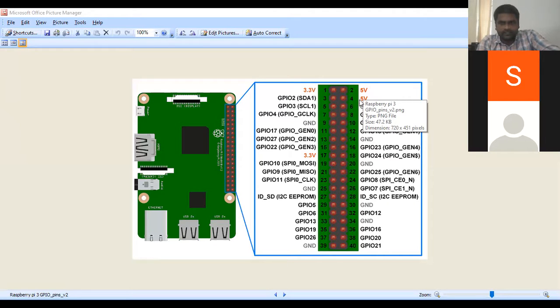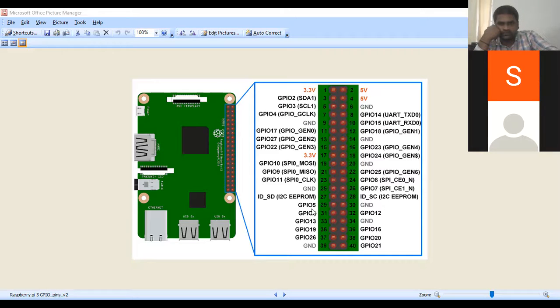Okay, and pin 3 consisting of GPIO2, GPIO3. So we have GPIO general pins. Whatever the general pins we have, 12, 16, 18, 22, these are the general pins. So we're using these for general purpose for breadboard connections.